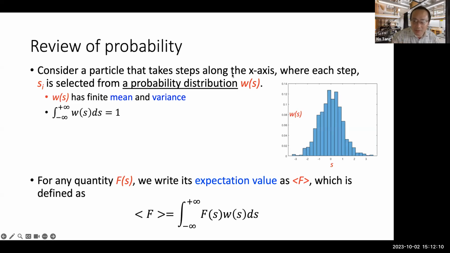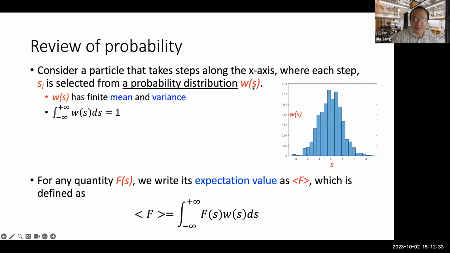Because the direction is the same, it is always 1D. It can be positive or negative x, but it is always 1D. So only the step size determines where the particle is after it